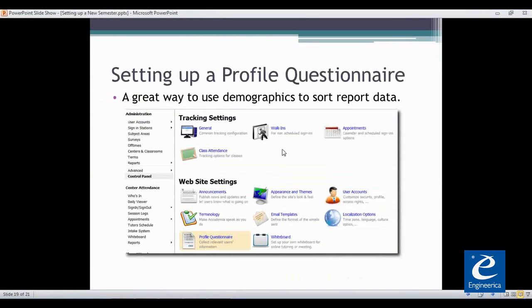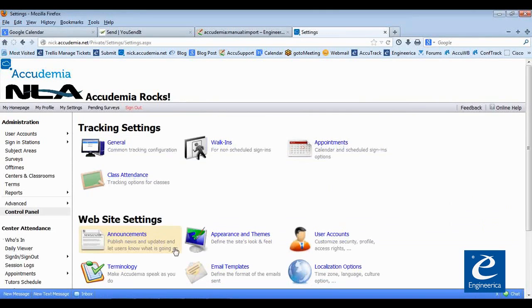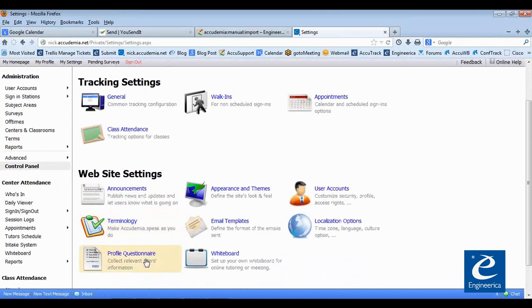Okay, this is tying back to our student import that we had. It's the profile questions that we had at the end of that file, and basically what these are is demographic things that you may want to collect about your students that there isn't a field for in Accudemia. So while you're setting up the profile questionnaire here, you'll go to your control panel, and you're going to go to profile questionnaire,